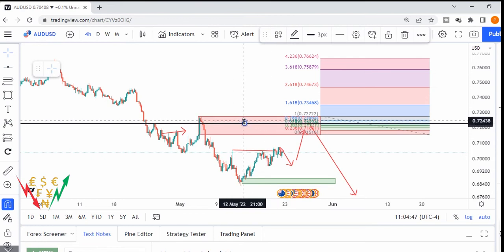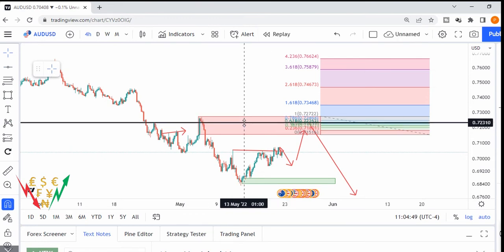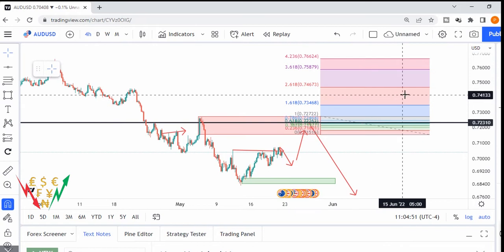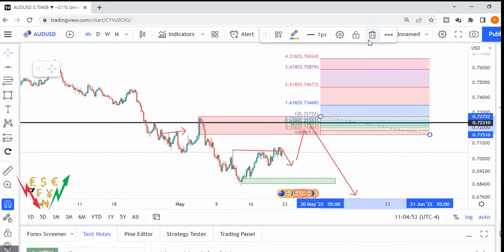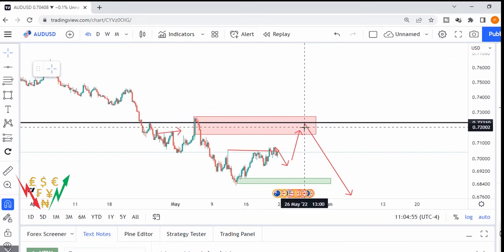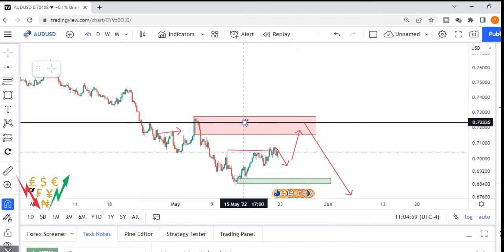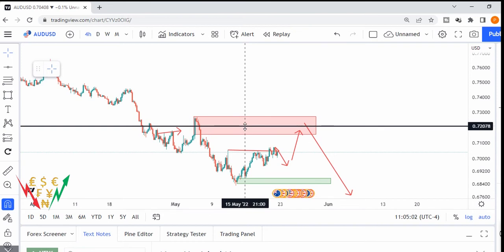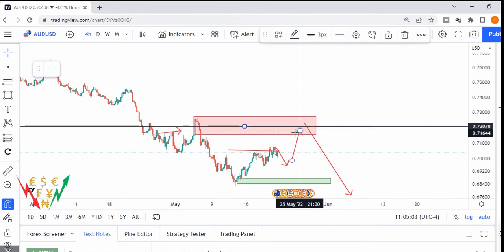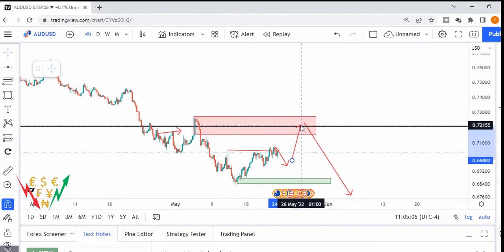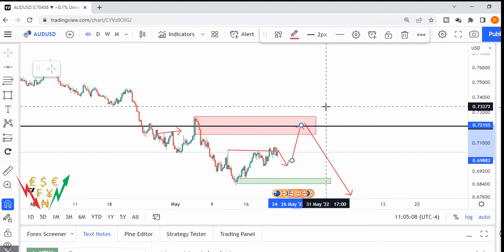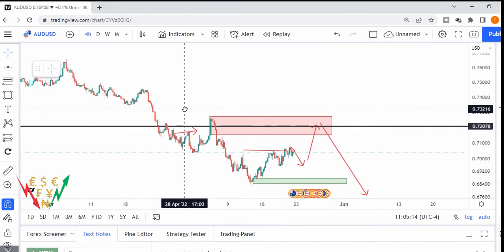So we now have a better area to watch for this pair, and we can take our fib. This is the area where I'm watching to see if I see any kind of reaction. Somewhere around here, if I see that confirmation, a 4-hour confirmation, guys, a bearish shooting star or an engulfing pattern, I may see it as a good level to enter my position.